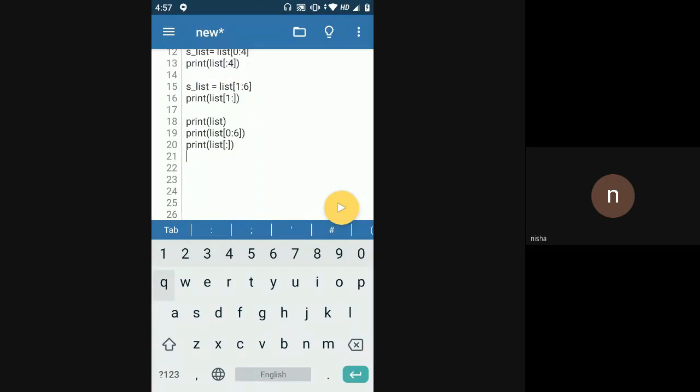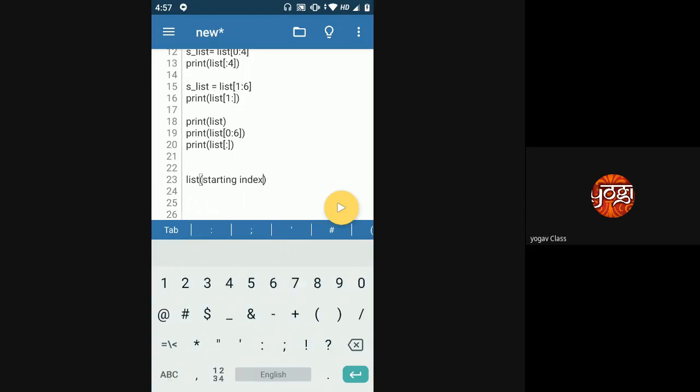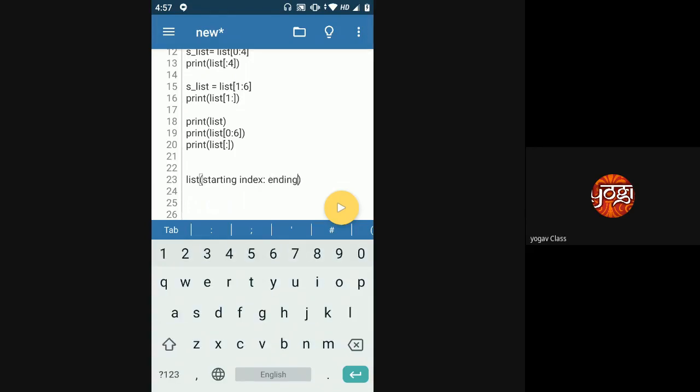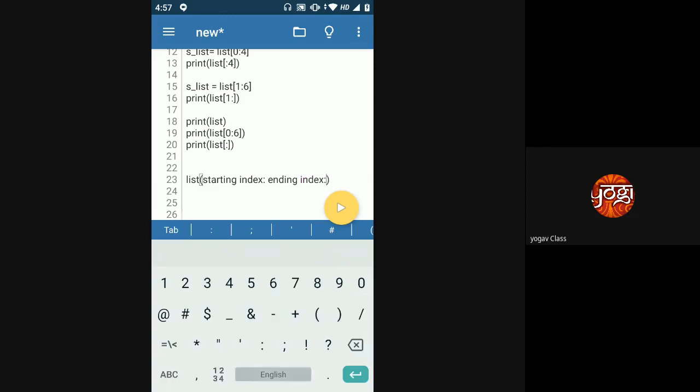Is this clear? Okay, so now when we use this third number, basically the syntax is list, starting index, colon, ending index, colon, step size.